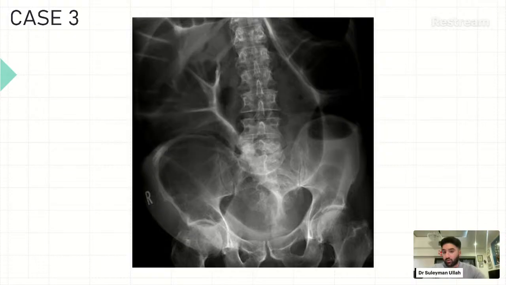So toxic megacolon, it is a very dilated bowel. We can definitely see that. This is more a classic